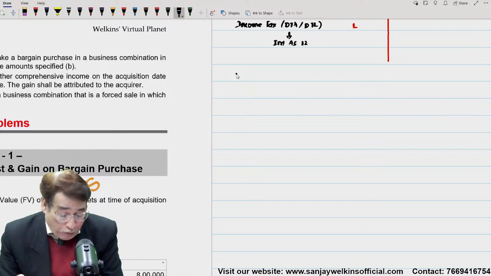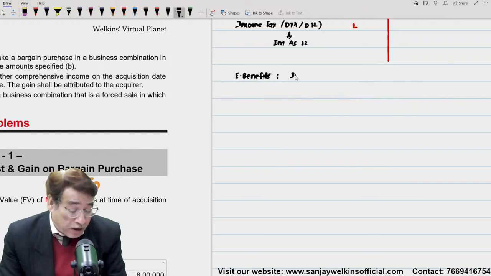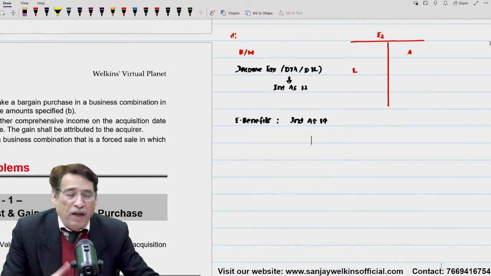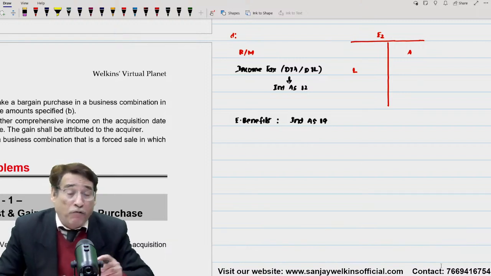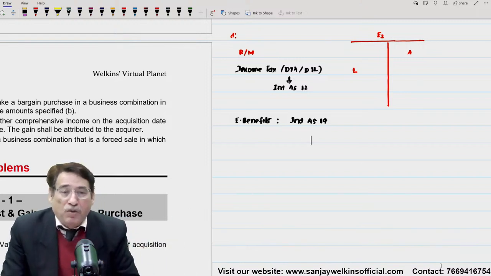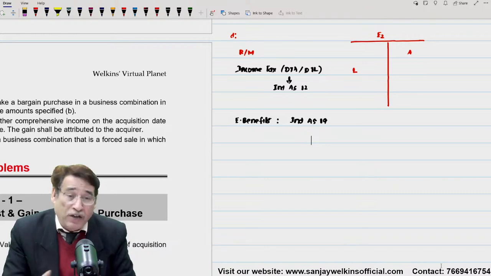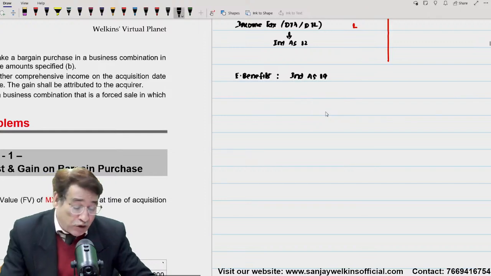There might be some employee benefits. Ind AS 19. What happens when we take over the control of the other enterprise? As I told you, because we record the assets and liabilities at fair value, it sometimes gives rise to what we call employee benefit liabilities. So we will have to recognize such employee benefit liabilities. And at what value we are going to recognize them, that value will be decided by Ind AS 19. Is it clear to you or not? So these are the things which you need to keep track of.